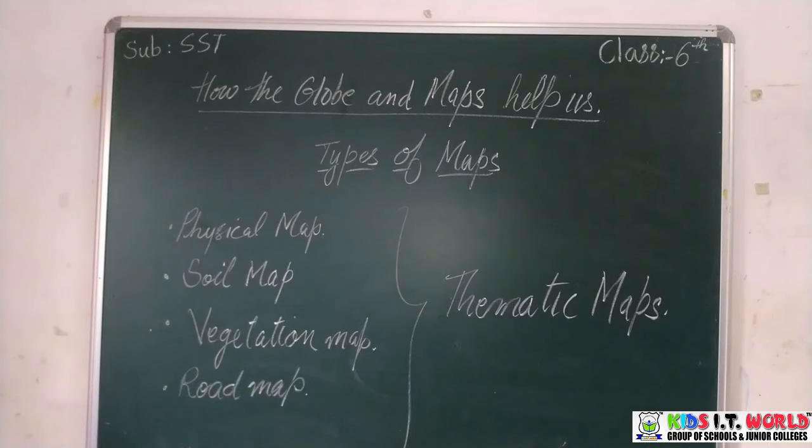We'll now quickly study a few types of maps. Maps can be classified on several bases. As mentioned earlier, on the basis of the scale, there may be small scale or large scale maps. On the basis of specific information, there may be physical map, soil map, vegetation map, political map, population map, road map, and so on. Such maps represent a certain topic or theme and therefore are called thematic maps.